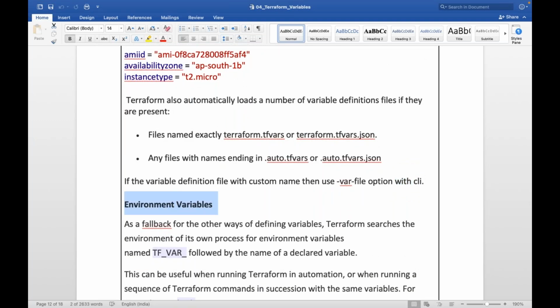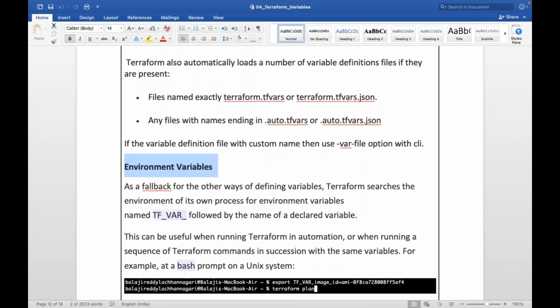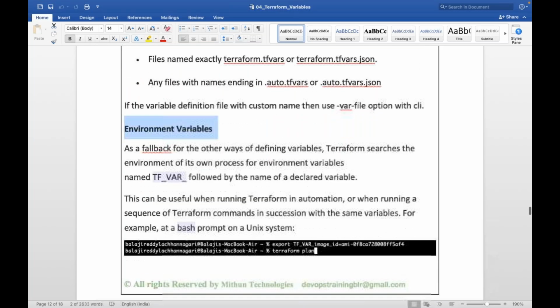And another way is environment variables. You can pass the values to these variables using all these options. This is what we already discussed. I hope you guys practiced all these topics, whatever has been discussed in the last sessions. We discussed so far all these things. I hope you guys practiced all these ways. Now, before I go for another type of variable,